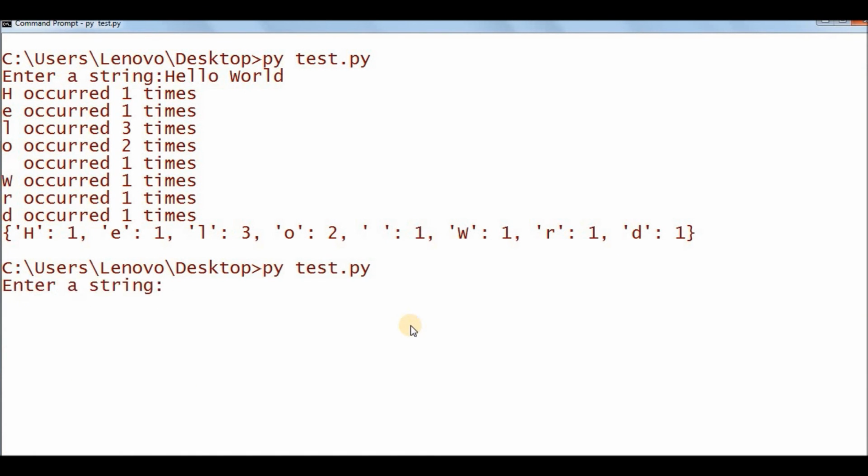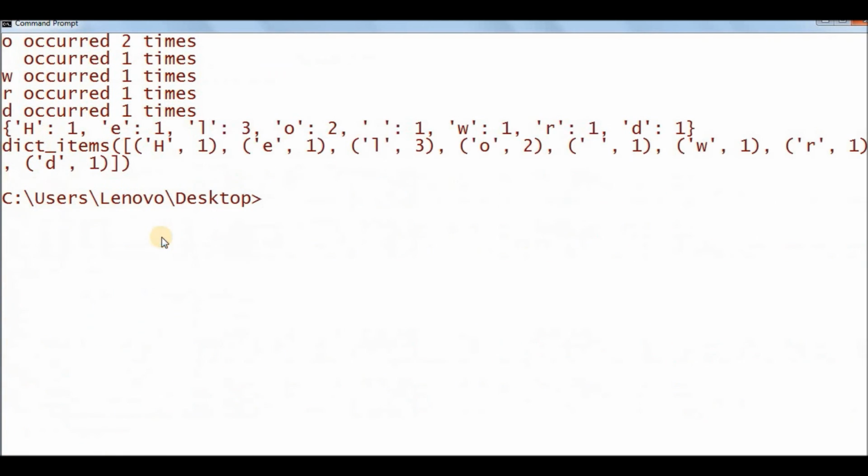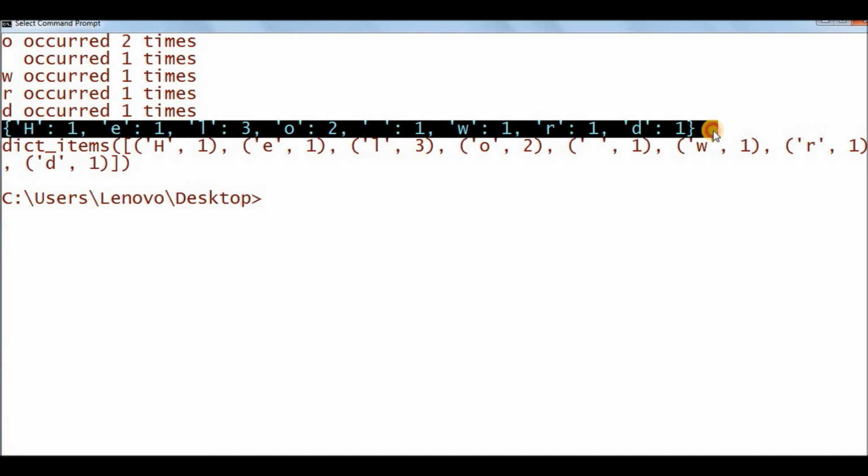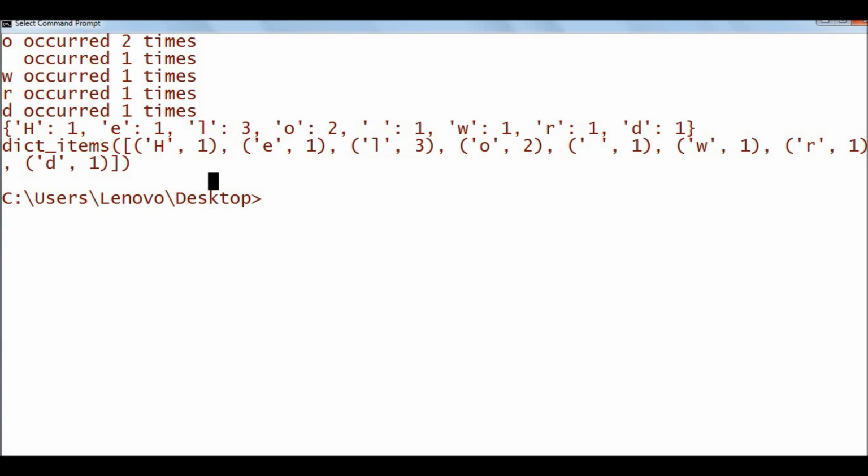and I save this and run this program again, hello world, just observe this. This is a dictionary enclosed inside curly braces. When I print d.items, what I get is a list of tuples, and each tuple contains a key and a value. So each and every tuple has a key value pair, and this is a list of tuples.